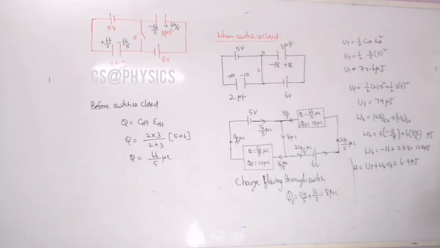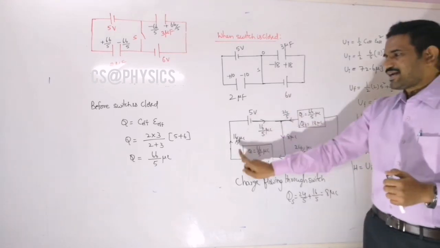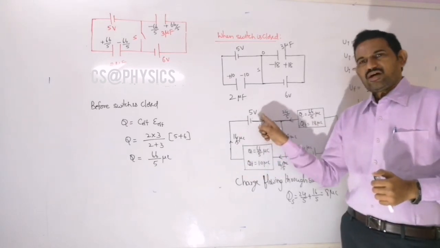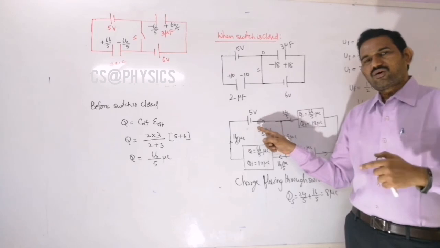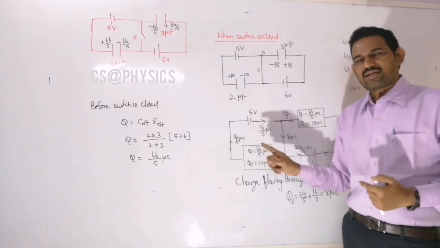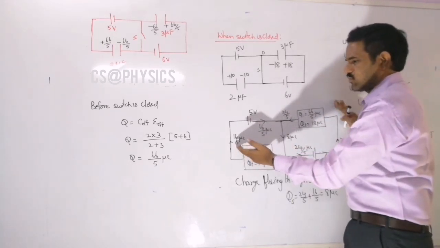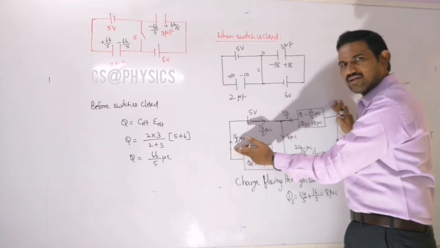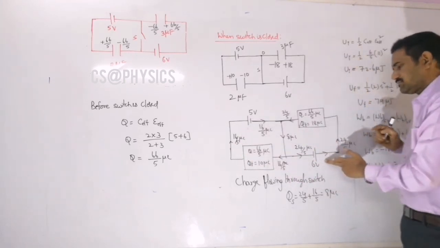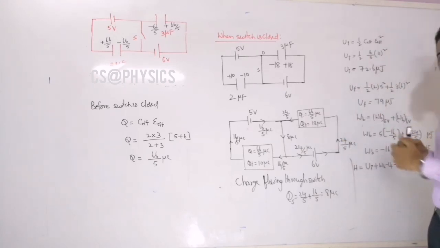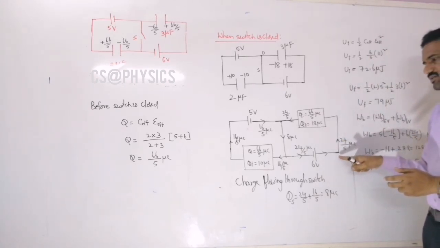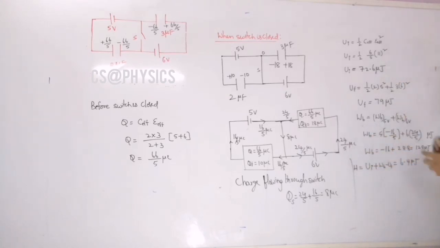Next, the important thing is the work done by the batteries. Now you can observe that here the charge is entering into the 5 volt cell. So work is done on the cell. Work done by the cell is negative because the charge is entering into this cell. How much charge is flowing into the cell after closing the switch, we already calculated; this is the delta Q value. Similarly, for this cell, the charge is flowing out of the positive terminal, so the work done by this cell is positive. So the work done by the battery means the work done by the 5 volt cell plus the work done by the 6 volt cell, we need to write.